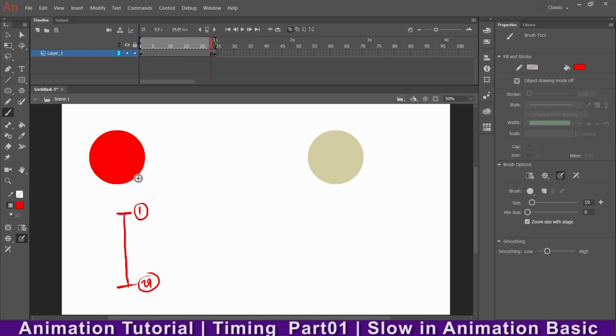To make that object move at constant speed and equal timing, you need to draw a drawing in between. Here means this drawing, and this one is this drawing. So I need to draw in between here. After drawing here, if I draw over here, then this gap will be more, so it will not look like a motion, a movement. It will look like it is jumping. Only images are kept there and it is not moving. It will look like that. So what we'll do, we'll draw here as well and here as well.